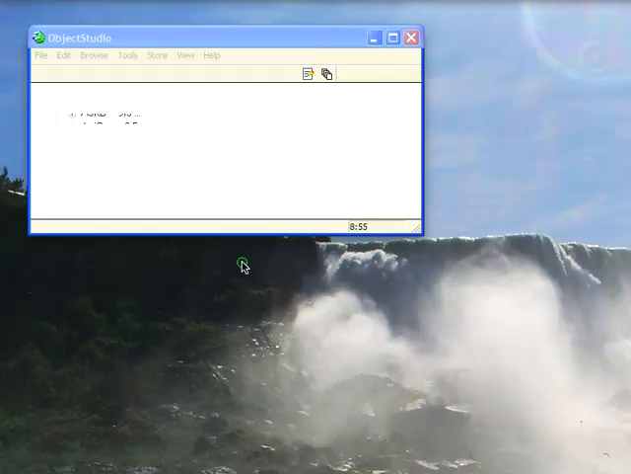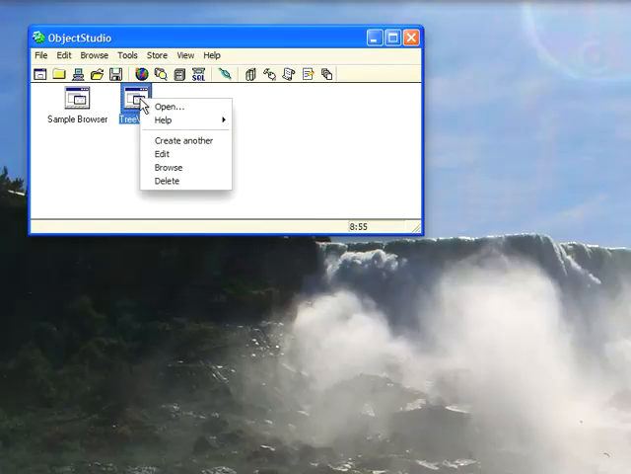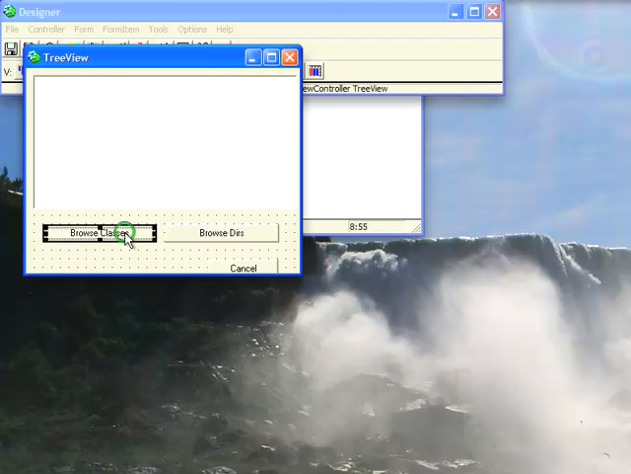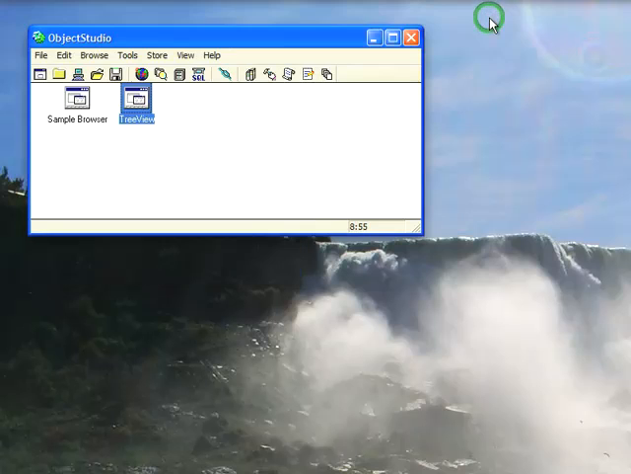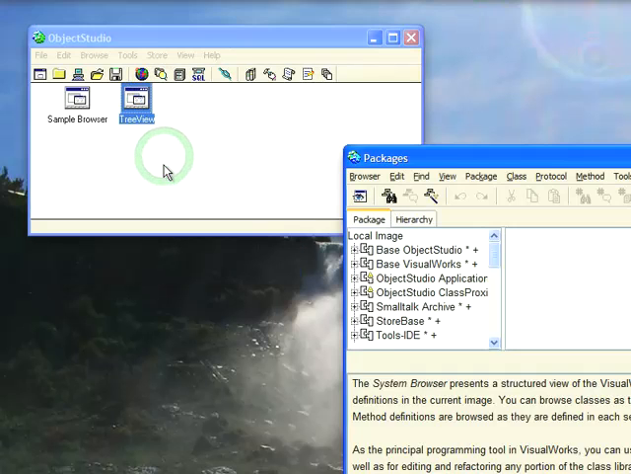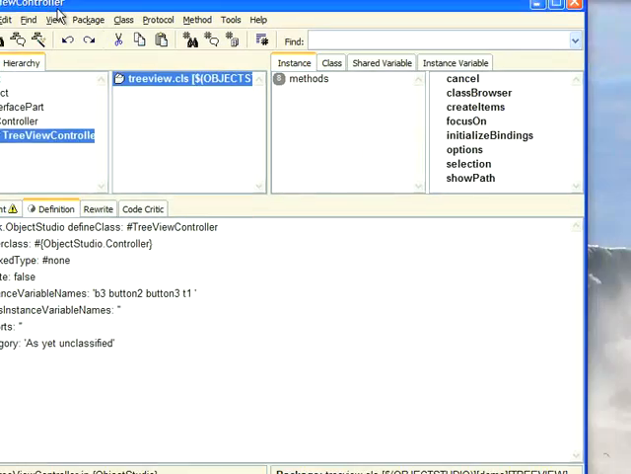So let's close this and see how this thing is actually constructed. We'll hit Edit and go into the Designer, and you see I've got this Browse Classes button and this Browse Directories button. And these things are actually just hooked up to methods, so let's just dive into the browser and take a look at the code behind that. So we'll hit Browse, and bringing that into view,